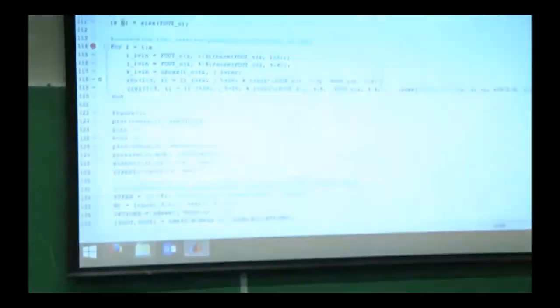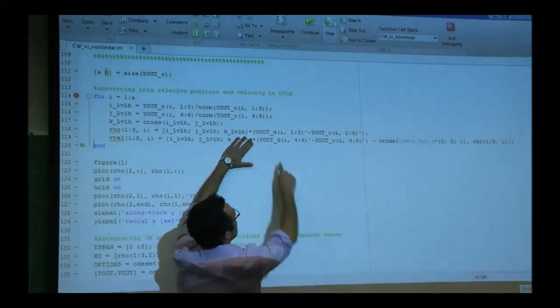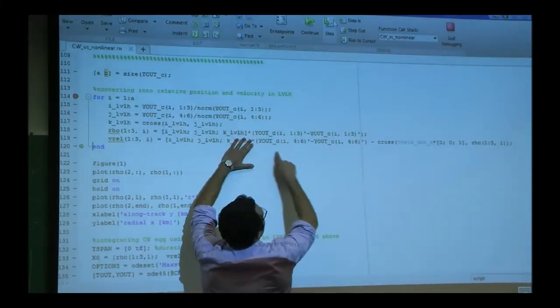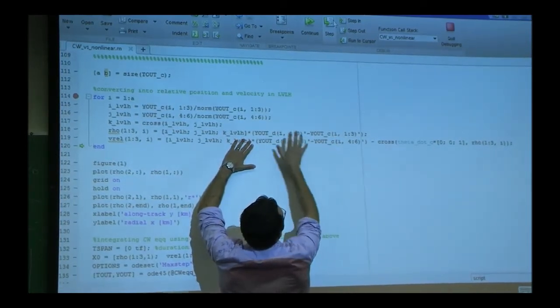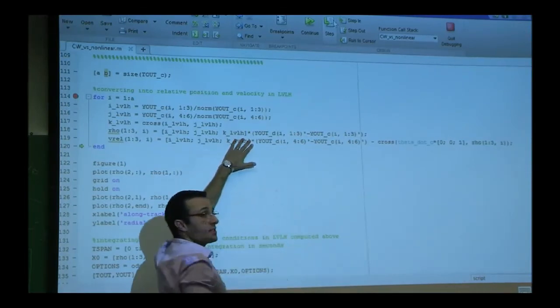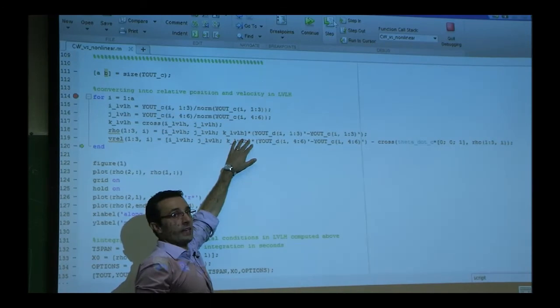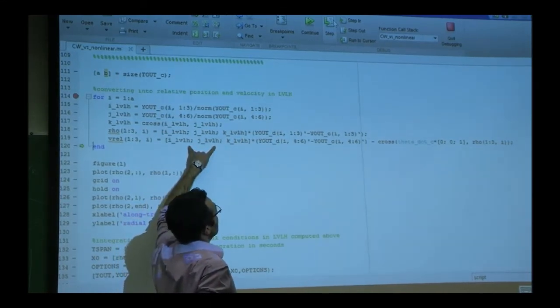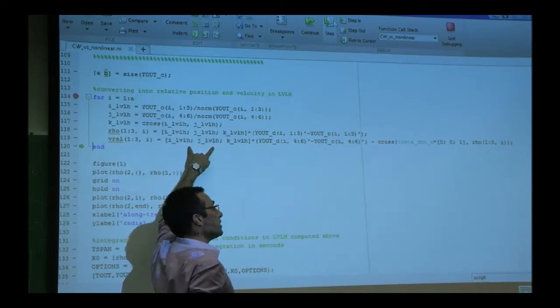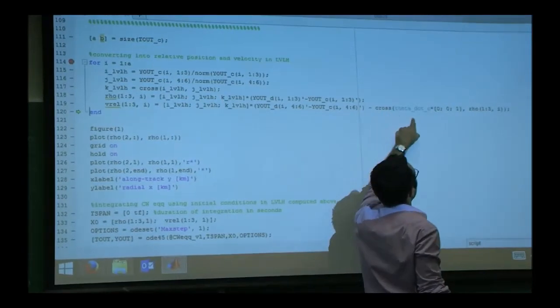The next one is the last operation that we have done. This is the difference of the velocities, between deputy and chief. As it is, it will be in ECI. It's just another vector, but it's projected in a basis that I don't like. I multiply times R. That takes the vector and projects it into LVLH. But that's not enough because of the transport theorem, we know we need to subtract the cross product of omega.